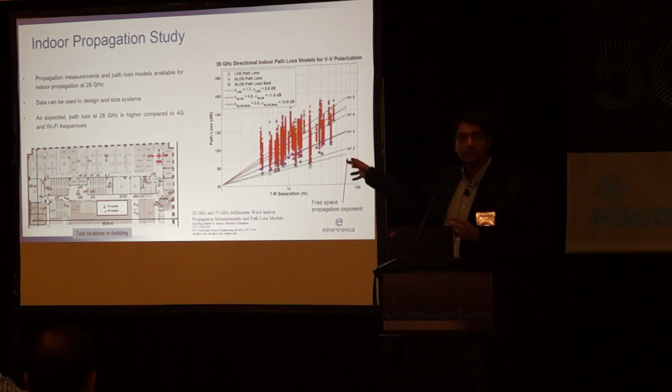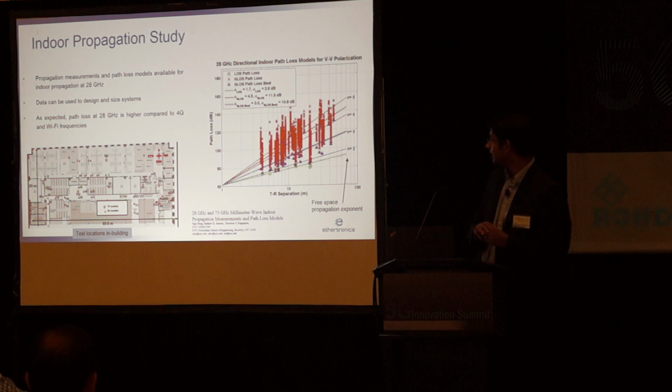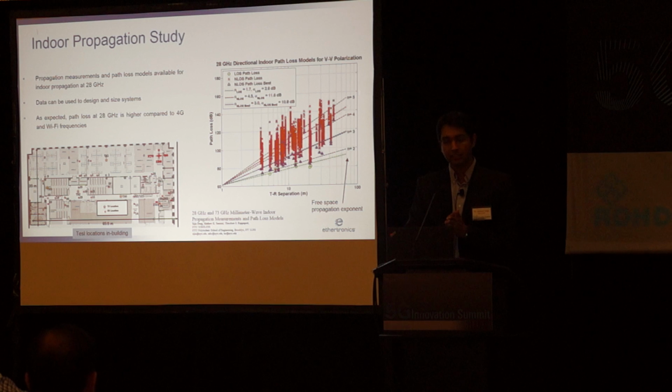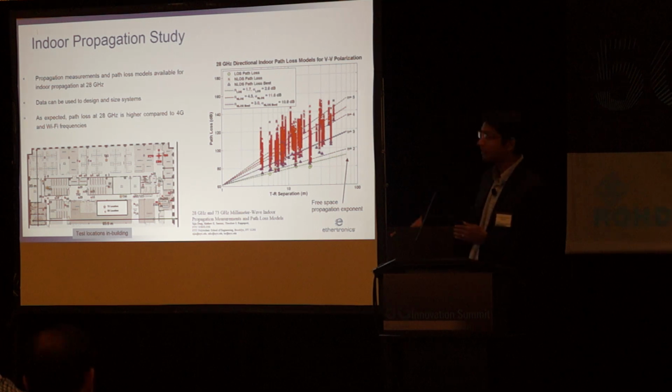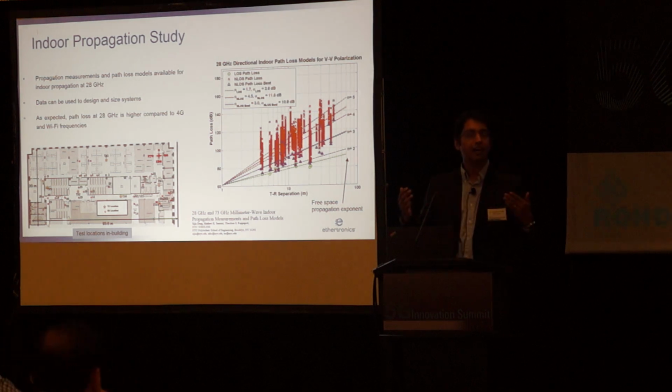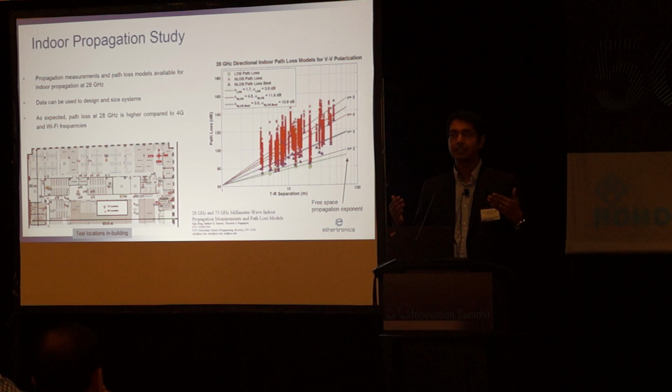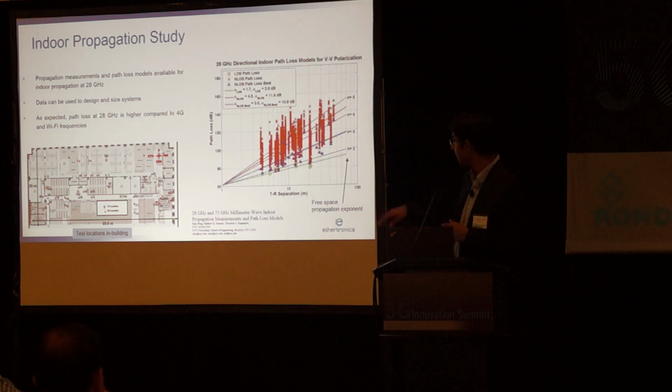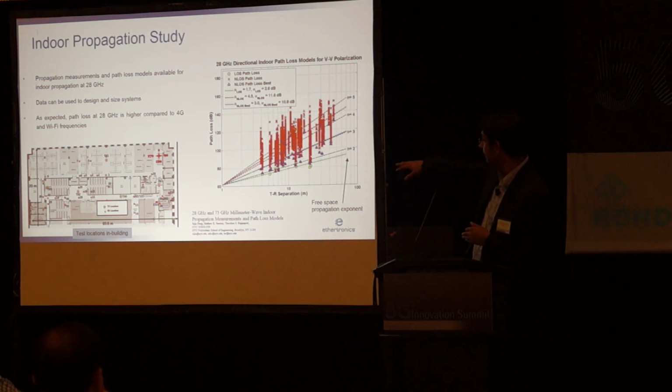So there are about 43 transmit and receive chain combinations here that they're looking at. And what they're plotting here is, as a function of separation in meters between the transmitter and the receiver, path loss in dB. In this particular case, you can see the best case when both the transmitter and receiver have line of sight, pointing towards each other without any losses. The best case scenario, you have the green line there, which is showing your free space line of